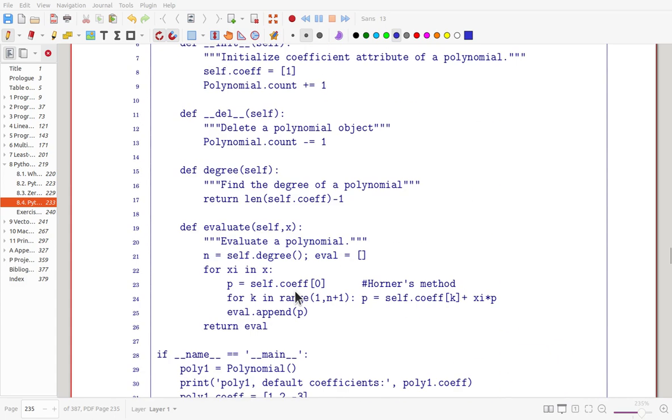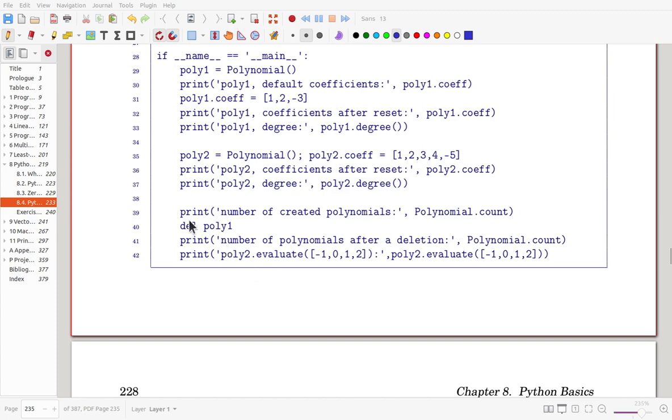Without this one, again I say, you can delete. But because of that one, corresponding to the delete command and with that definition, the polynomial count will be reduced by 1. So this is reduced by 1, and after that we can print out the polynomial